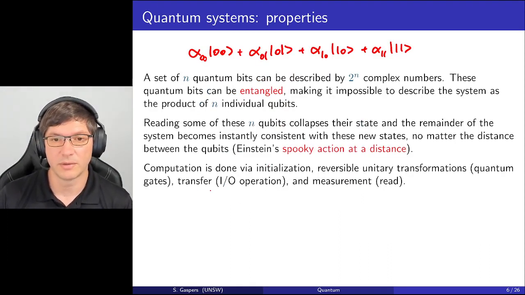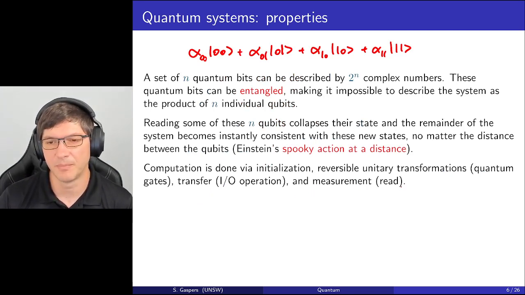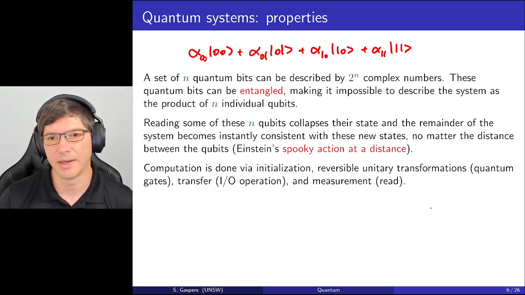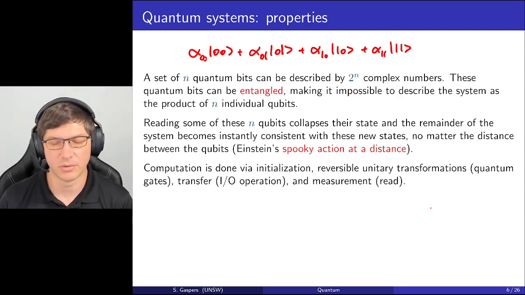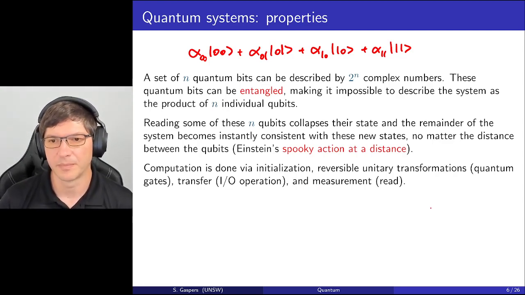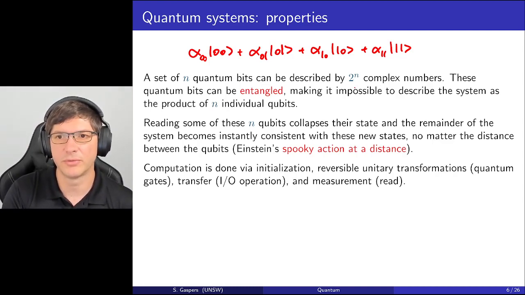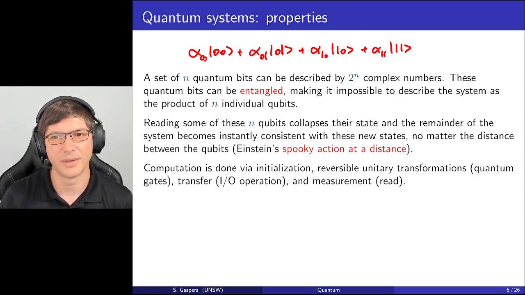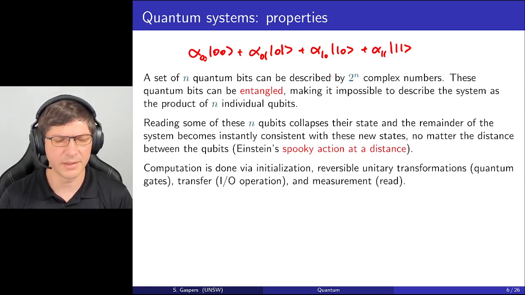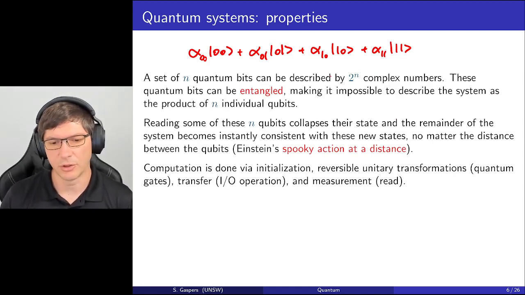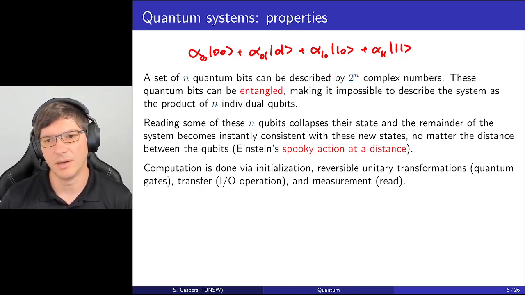We can transfer our qubits, we can do input-output operations, and we can measure them. Measuring them means reading their value. We can read them in maybe the 0-1 basis, but this collapses their state. So if we want to preserve this complexity, then we cannot read them too early. Typically algorithms would make a lot of operations with their qubits and then read in the end